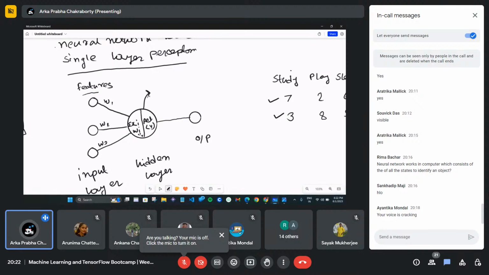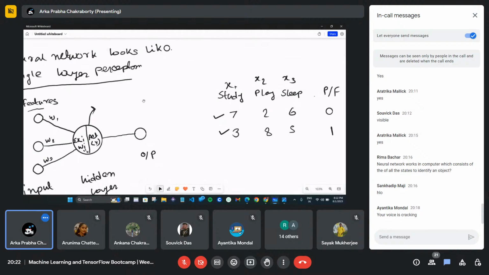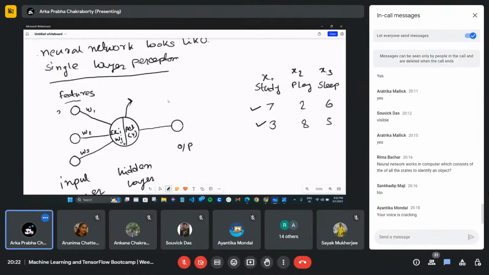So what does that summation of xi and wi mean? Xi, if you consider, this is my data sets, x of 1, x of 2, x3. Right, this is my data sets. And let me write this x1, x2, and x3.